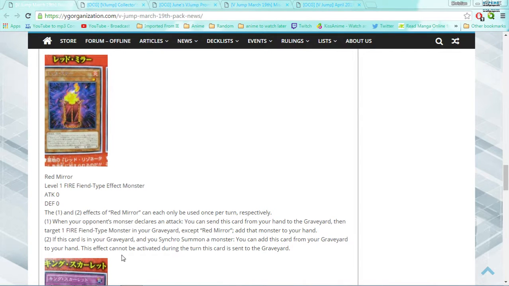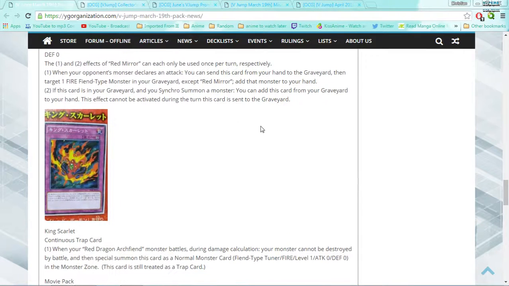I believe you can even get him back, let's say you use him for a Synchro Summon, I believe you can even get him back from the graveyard for the Synchro Summon you just went into. I don't know. That might depend on how it's ruled and worded and everything. So King Scarlet,